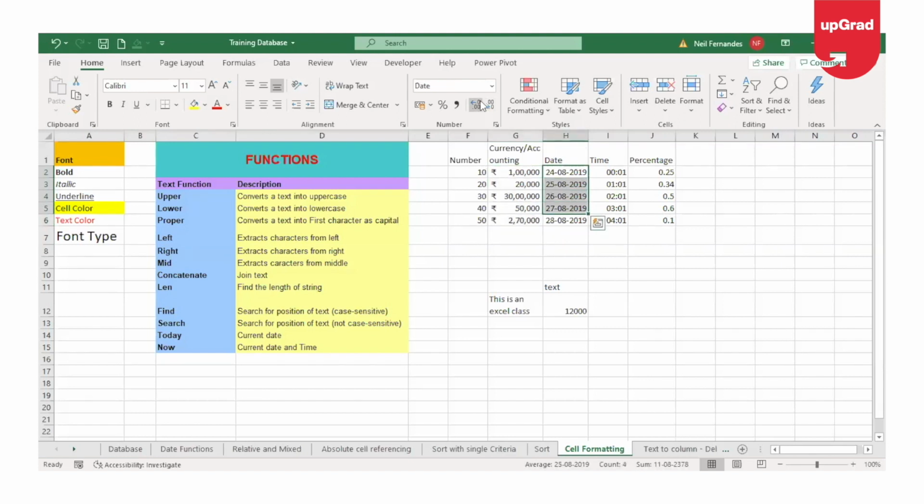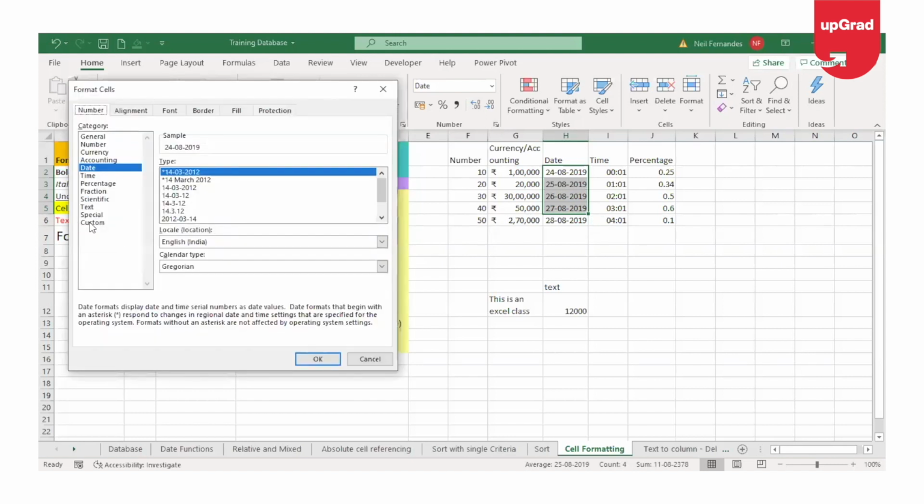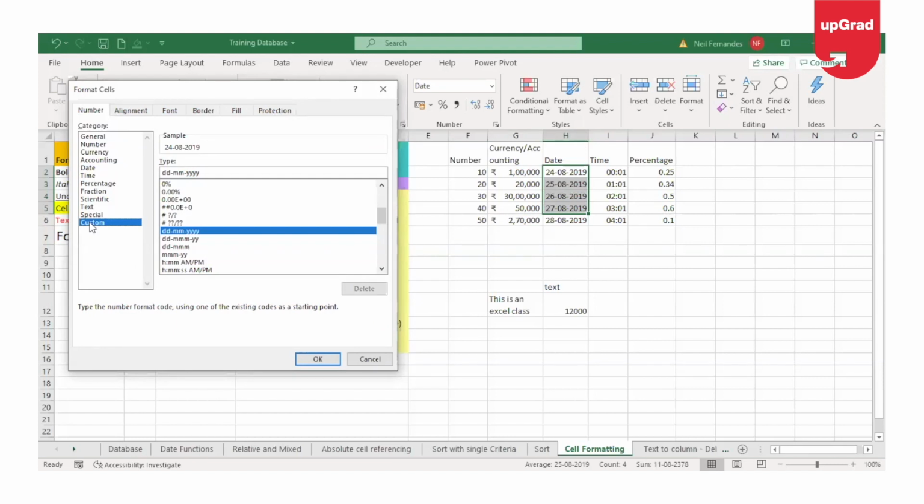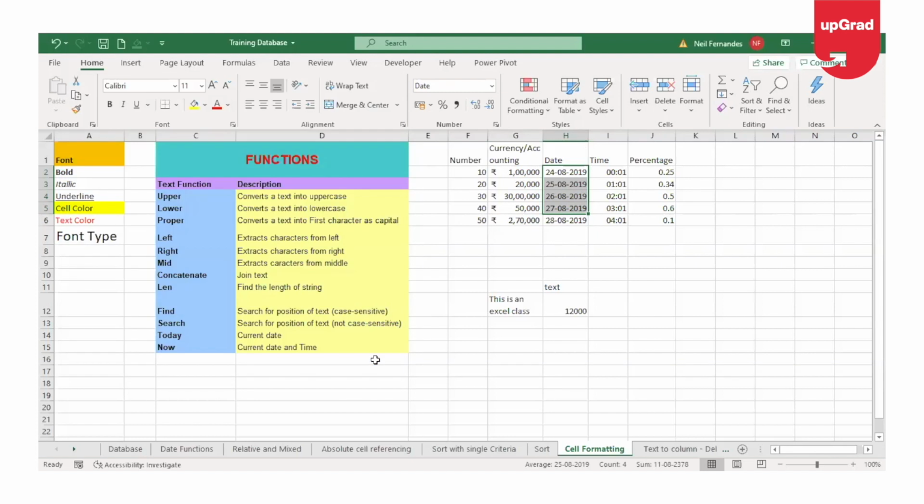The date format option can be used to format the date in a specific format. While you can use this format type to show the date in a particular format in a cell, it is easier to use the other option, which is called the custom option for formatting your date. You will see shortly why I say that. For example, when you enter a date in a cell, it will automatically format itself in the way your system has the date format. So if you see these few dates have been entered here, if I want to change this date format type from DDMMYYYY to